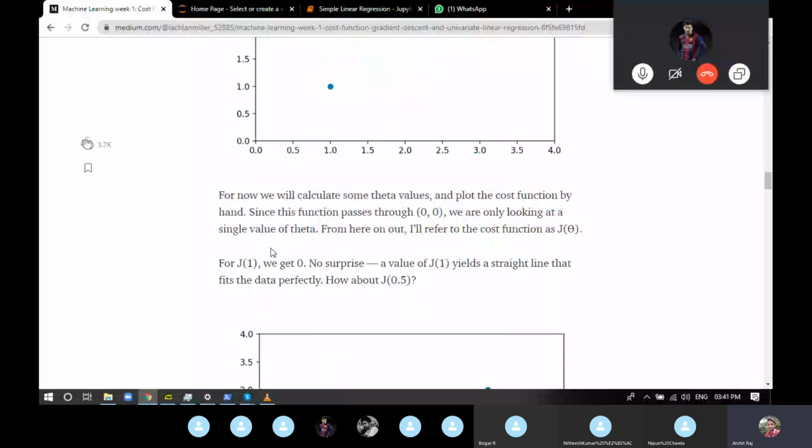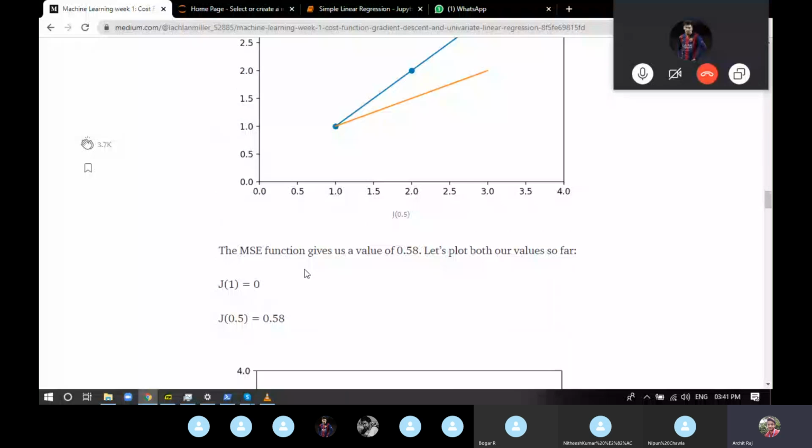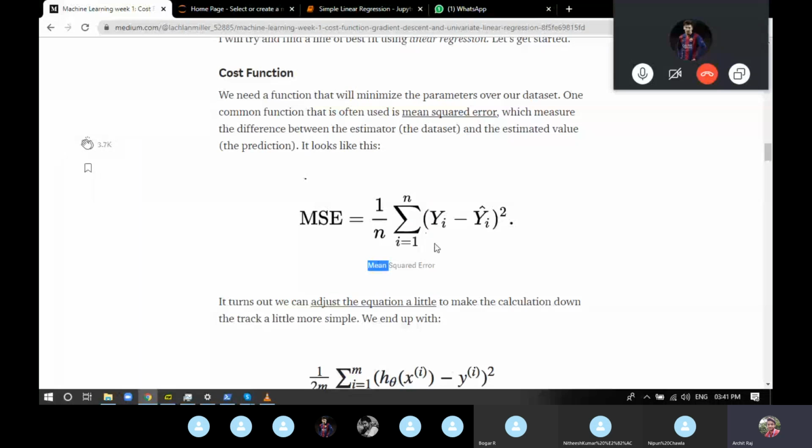Now you can see this particular equation. You have yi, which is the actual one, minus y hat. What is y hat? The predicted one. And what is the predicted one exactly? It's this particular line, this equation that you have, which is b naught plus b1x or whatever. So we can just substitute it here.